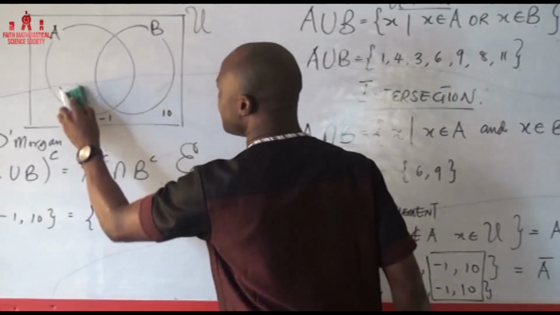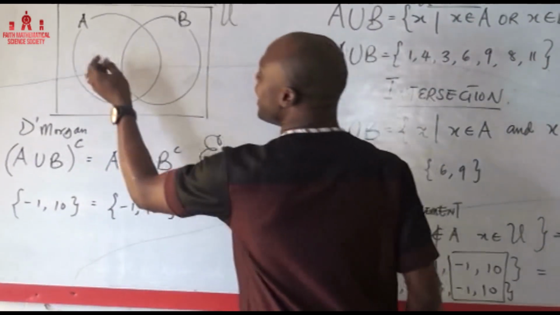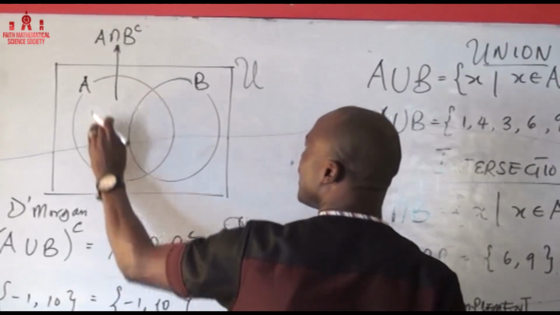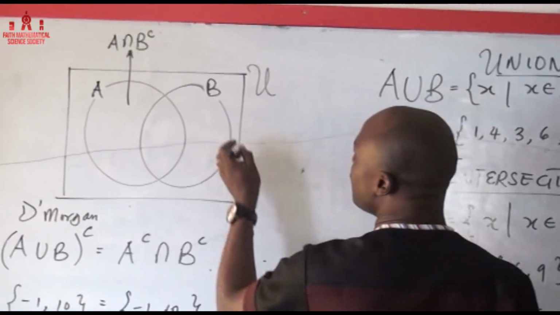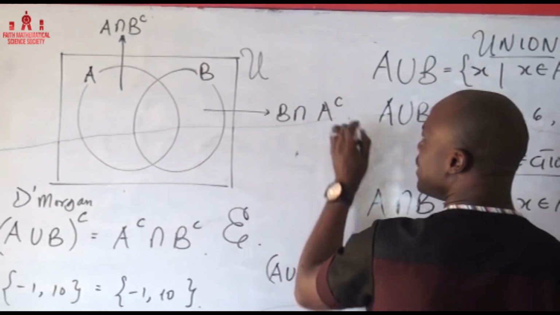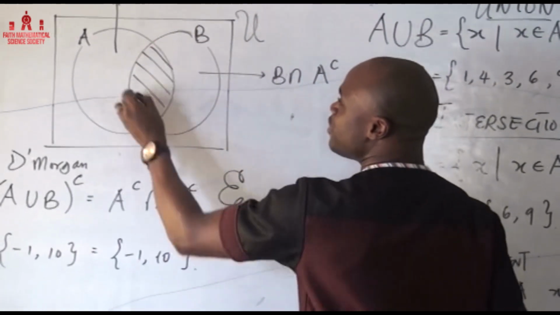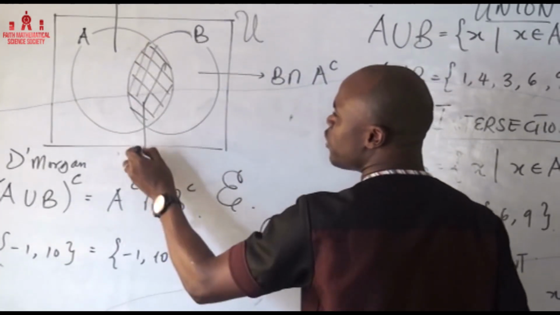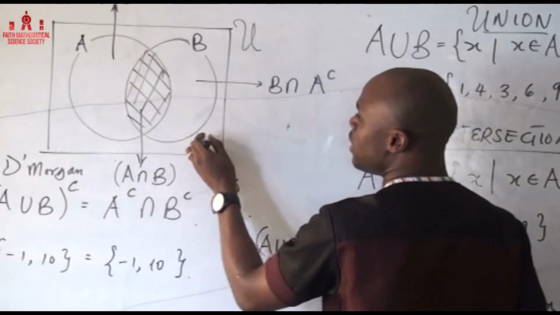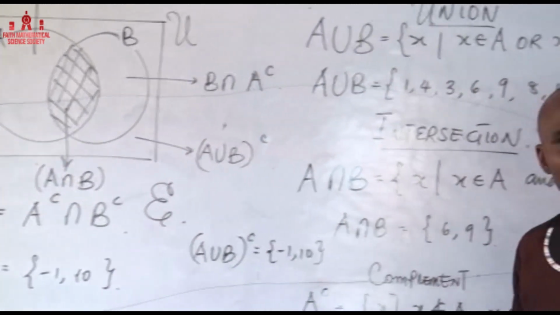How can we describe this better? Okay, so look at this. I'm going to put up the number and we're going to give a general definition to this. The elements that are here are actually A intersection B complement. The elements you find here are B intersection A complement. That's the element you find just in this part. This shaded part is what we refer to as A intersection B, while the elements here are A union B or what is outside, the complement.